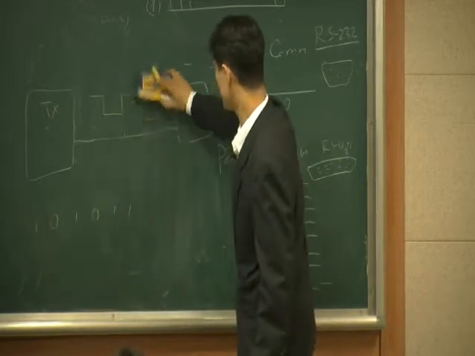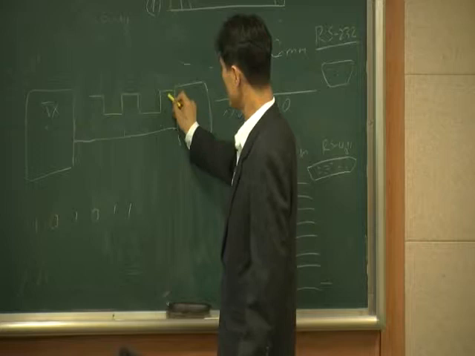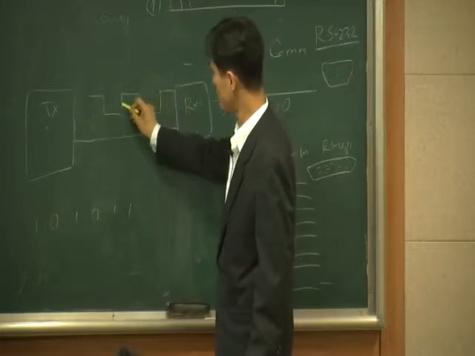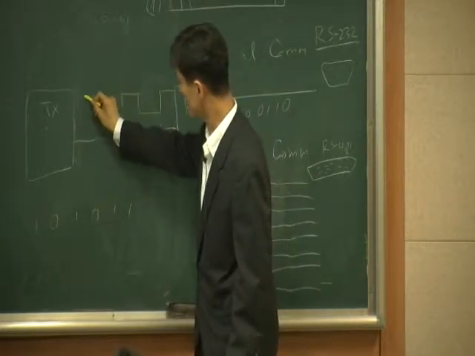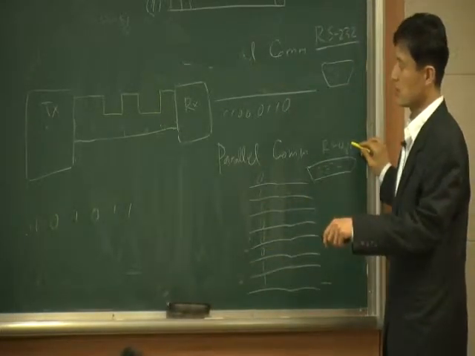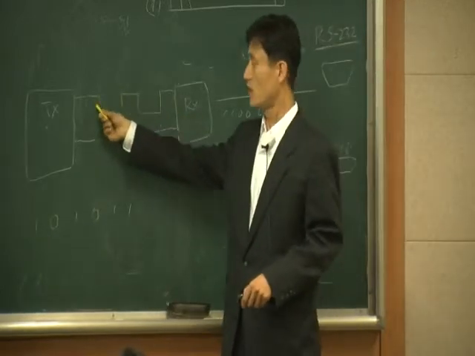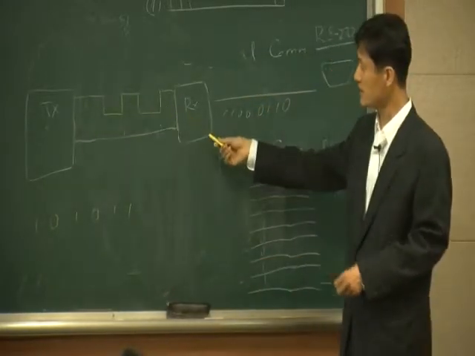I'll tell you why I use this example. So if the transmitter transmits 101011, in that case, maybe the receiver